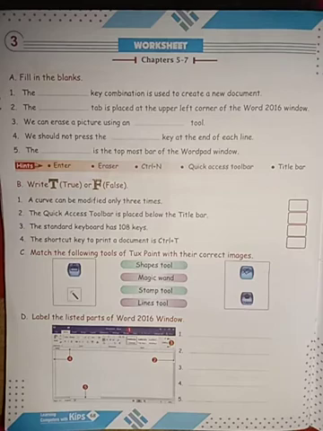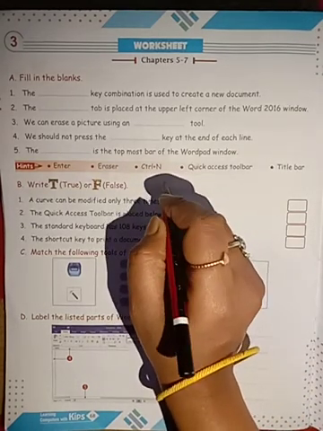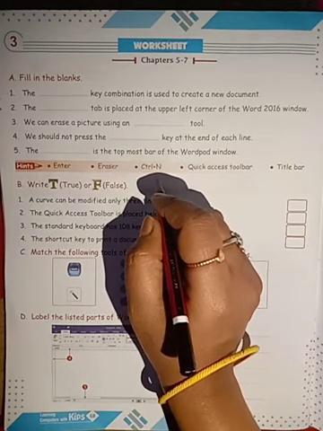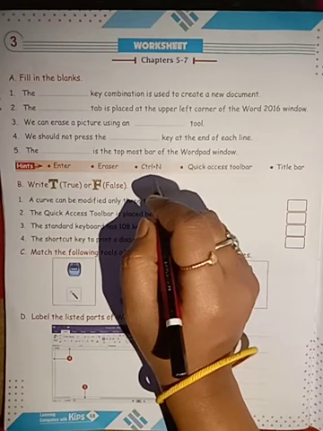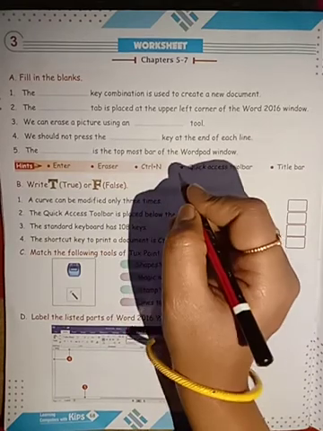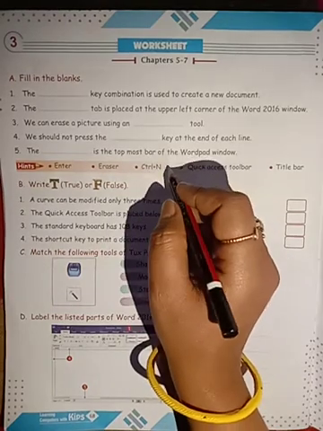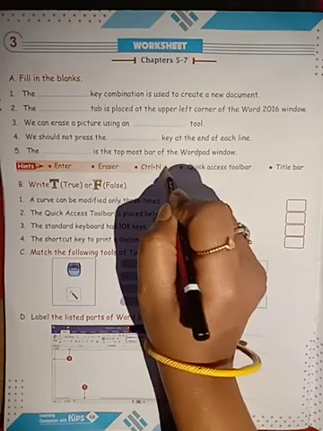The right answer is Control plus N, CTRL plus N. On your keyboard, there is a key called Control, that is CTRL. You have to hold Control along with the N. When you hold Control plus N, it will give you a new page. So this is the first answer.